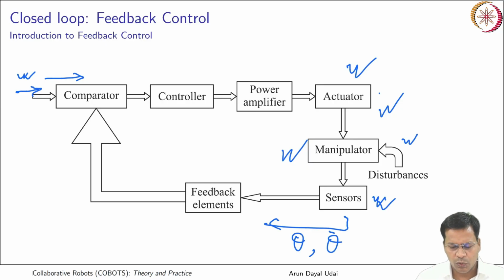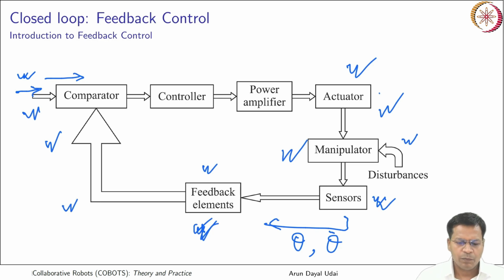So that goes through the feedback elements. These are nothing but transducers which convert it to the equivalent form how we desire it, so that we can compare them. Two signals of the same form need to be there so as to be compared. So if it is an optical encoder, you may have an optical encoder to some kind of signal converter, so that it goes to your digital system, a PC based system, or maybe a typical embedded system. So that comes here. Now after comparing what you have desired and what is actual, you get an error signal. That is the tracking error.